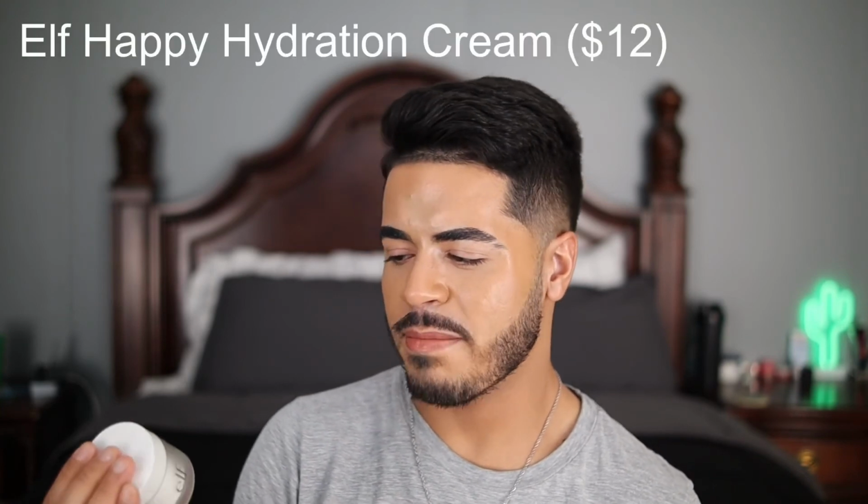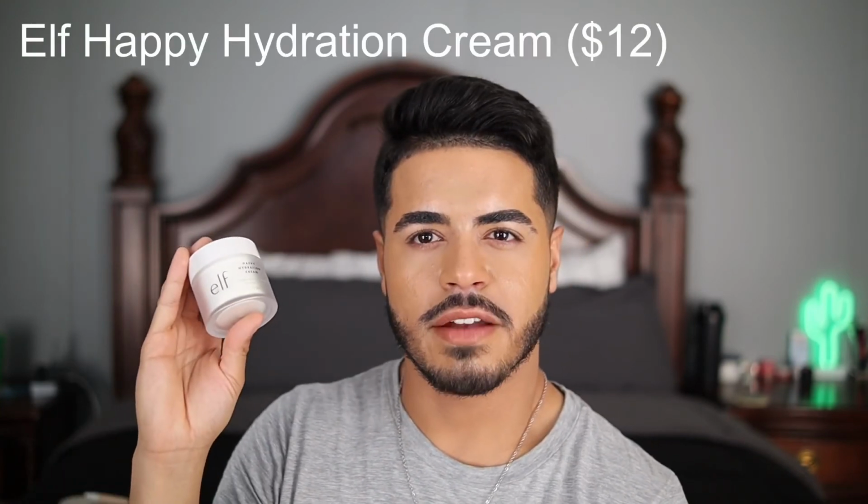Another moisturizer from e.l.f. that I really enjoy is this e.l.f. Happy Hydration Cream. So this one, again, we've got a pretty similar vibe to the Holy Hydration Face Cream going on. We've got pretty much the same ingredients list going on, but what makes this one stand out is this also includes a very hefty amount of hemp seed oil. Hemp seed oil is rich in amino and fatty acids, which really help to moisturize the skin and keep it supple. It really helps with improving skin's barrier function and helping to repair the skin,